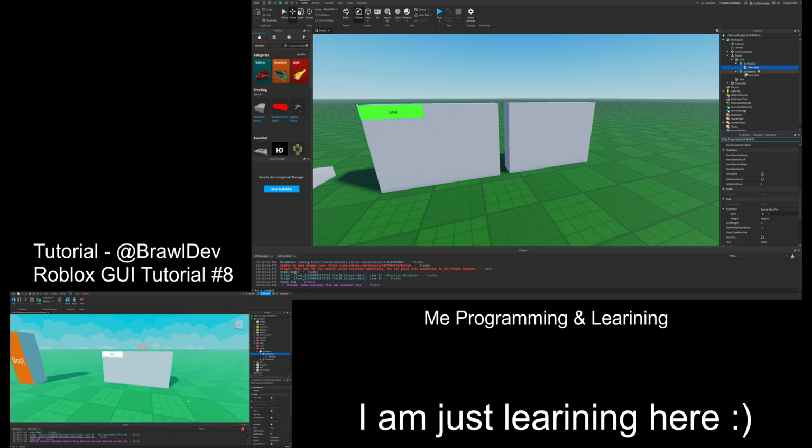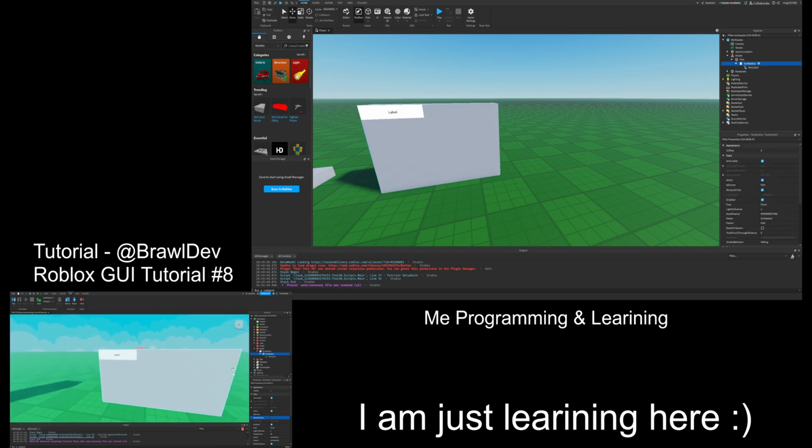Surface GUIs also have some lighting properties that basically determine how well we can see these GUI elements based on the game's lighting. So before we do that, what we're going to do is delete the second Surface GUI that has the green text label in it, and let's go back to our Surface GUI, and we're going to disable Always on Top. The first lighting property I want to introduce to you is this property called Light Influence, and